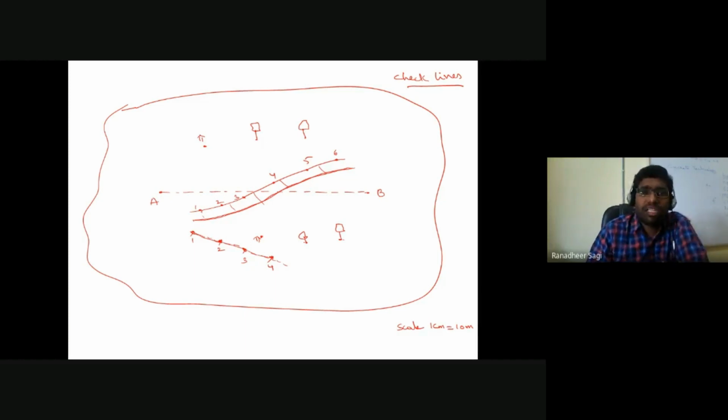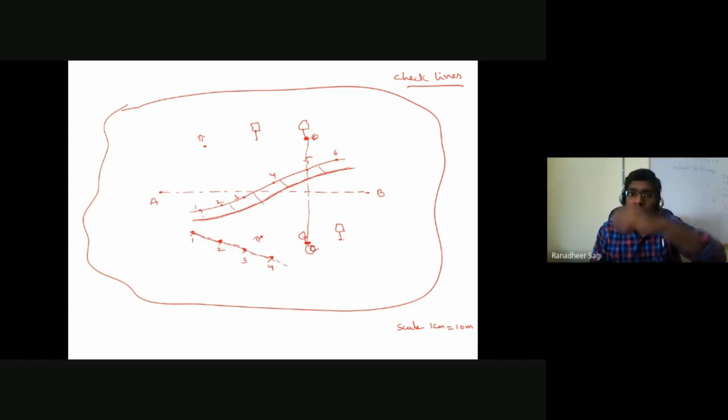So for that, let's say I am simply choosing some checkpoints in order to represent some check lines. Let's say here is one checkpoint I am considering. Here is another checkpoint I am trying to consider. So I am indicating a line between these two checkpoints. In the map, let me measure the distance between checkpoint 1 and checkpoint 2. Let me give some naming rather. This is point C, this is point D.